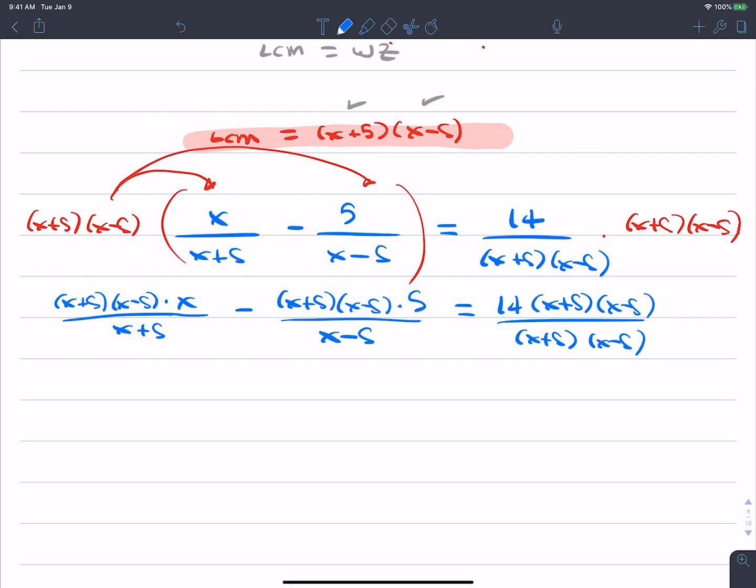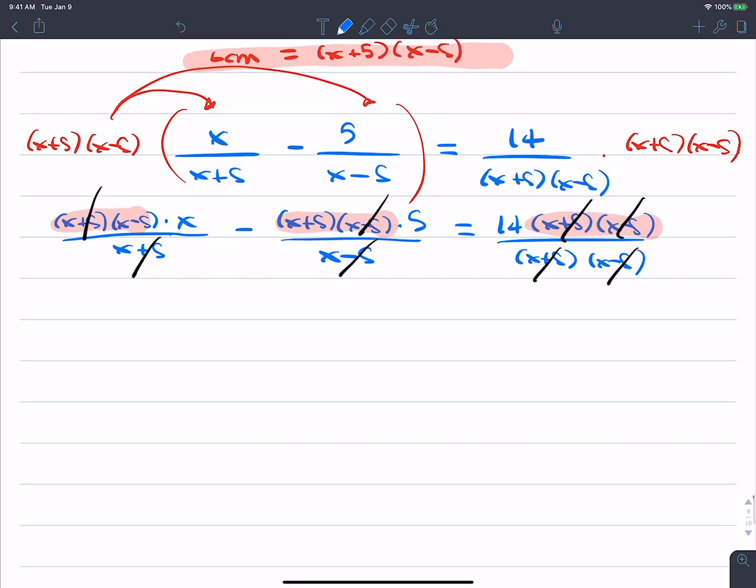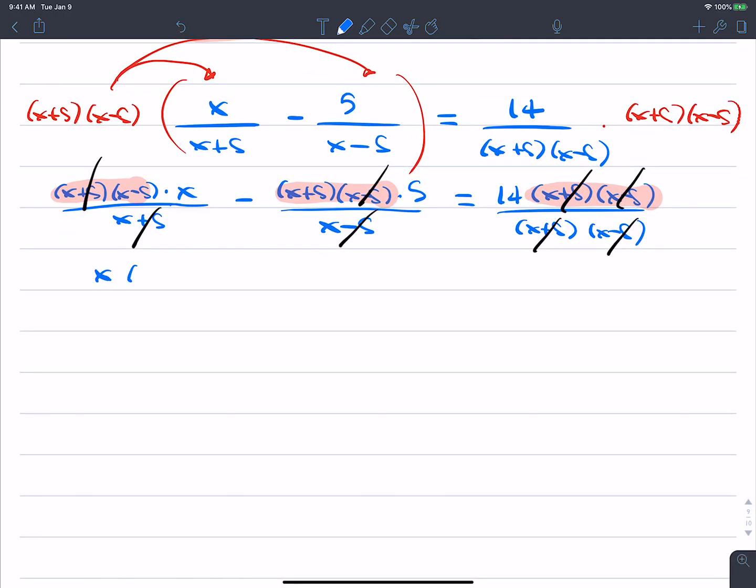What happens with this now? Yep, we got cancellation, right? If we did this correct, so double check here, my LCM was in fact multiplied to every term. So, cancel now. What could you cancel here? X plus 5s. What about over here? And what about here? Both terms, right? So what are you going to end up with now? X times x minus 5 minus 5 times x plus 5. Good. And that's going to equal